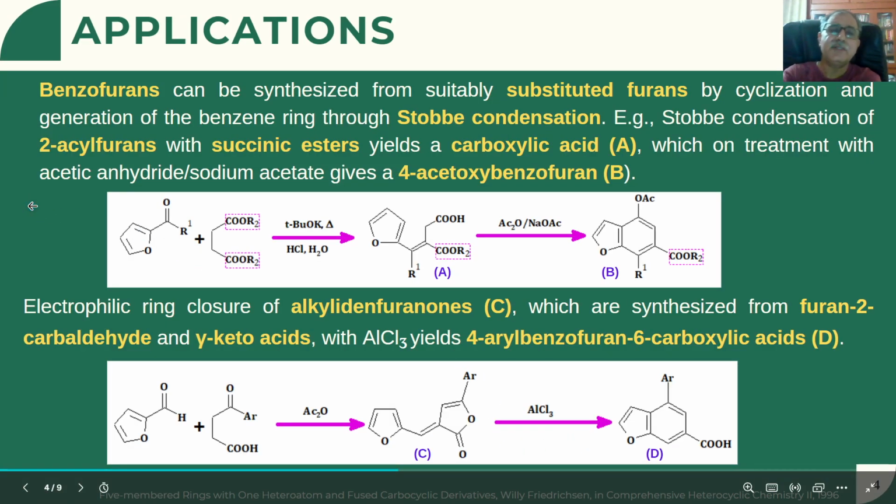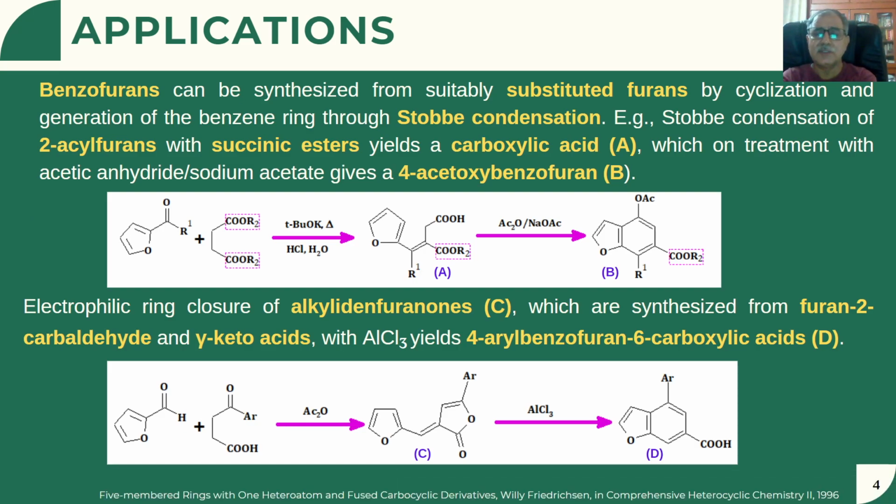Then as far as applications of Stobbe's condensation are concerned, many types of organic compounds can be synthesized through Stobbe condensation, and one such synthesis is the synthesis of benzofuran derivatives. Benzofuran derivatives can be synthesized from substituted furans through cyclization and then generation of the benzene ring through Stobbe condensation. For example, if we have these types of 2-acyl furans, when these are condensed with succinic esters,